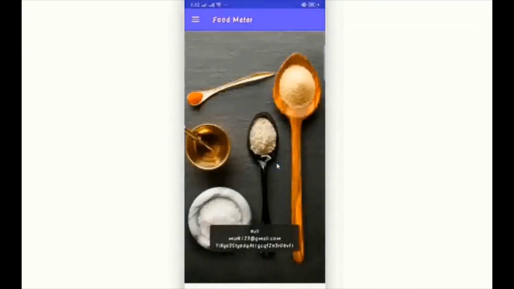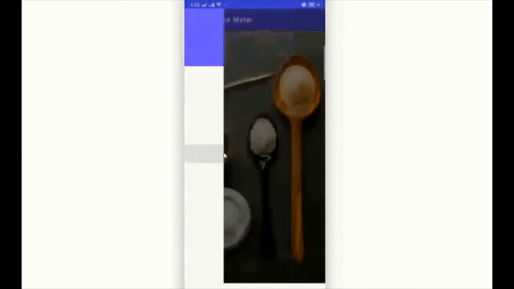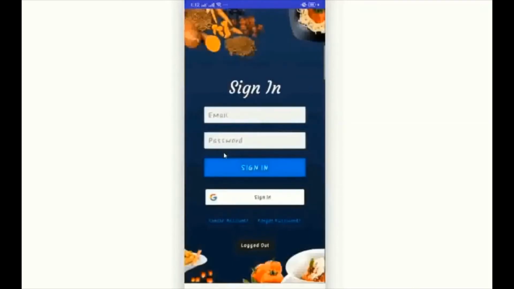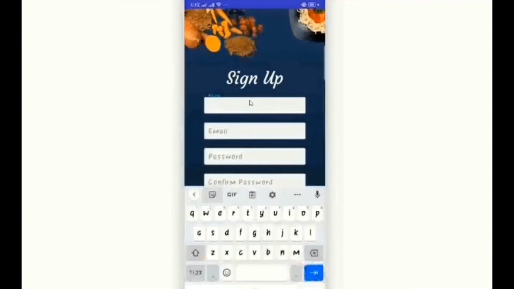Similarly, we need to again log out and create a new account if I'm a new user. We'll give the name of the user, the email, the password.